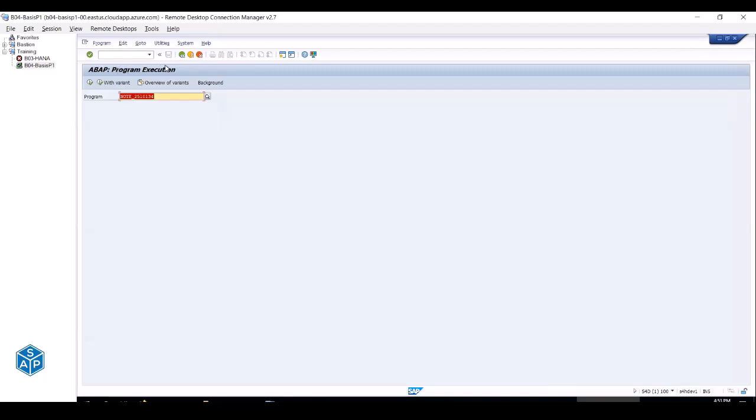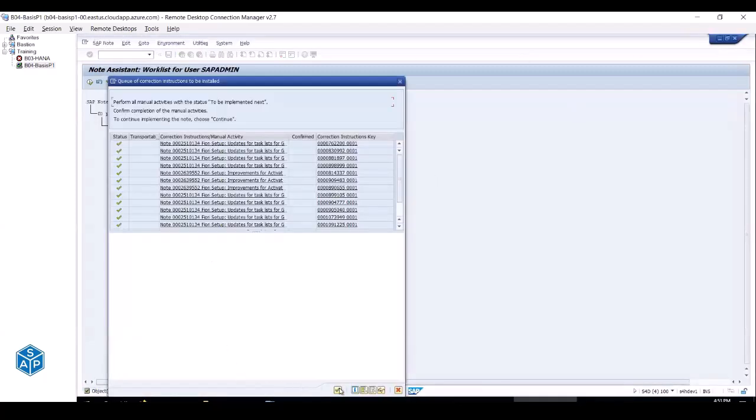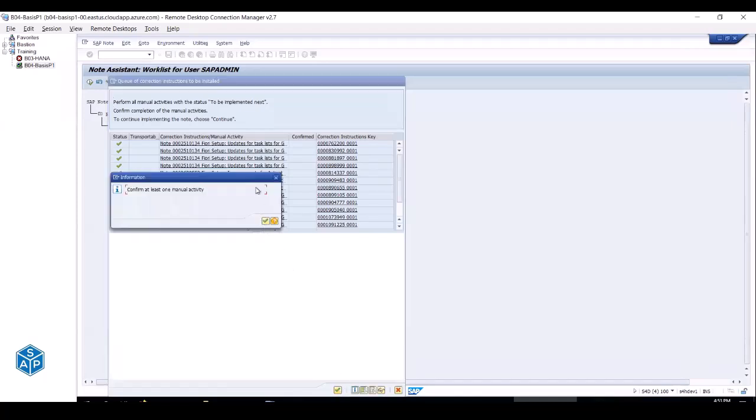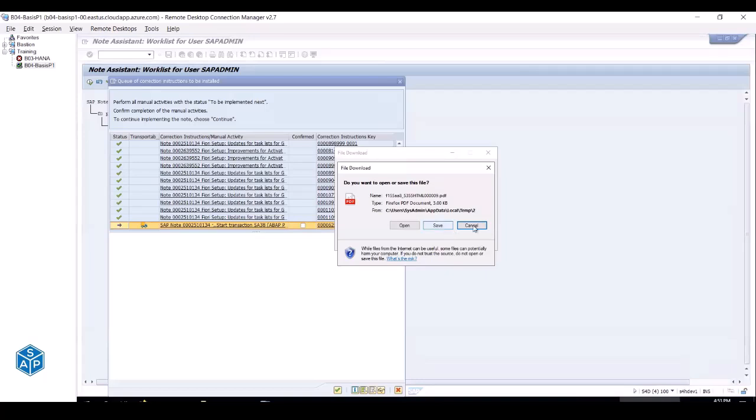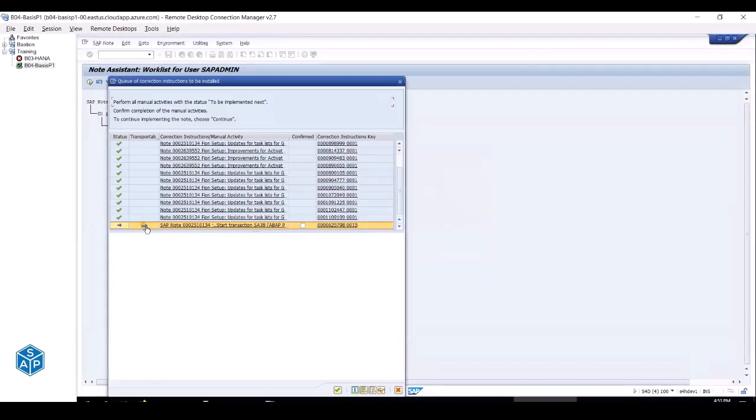So now since we have executed the report successfully, we can come to this screen and we can click on okay. Sorry, if you scroll down, yes, last time I told you about the truck icon. This is the truck icon. What does it mean? It means this is your manual activity. If you see over here,